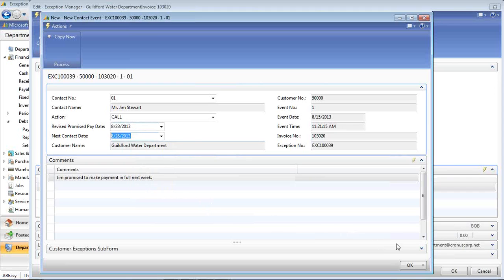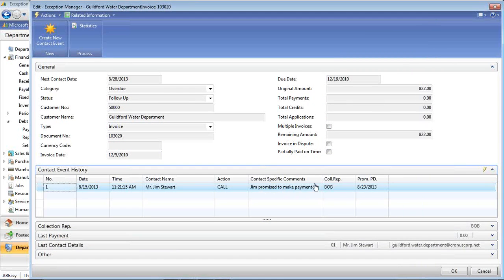Okay? So we click OK, and then this becomes part of the history. So there's the record of who made the call, when it was made, what time, who they spoke with, and what the promise was. And now we're going to make sure that the promise to pay date was updated. We did that already. And so we go on to the next one. Now,